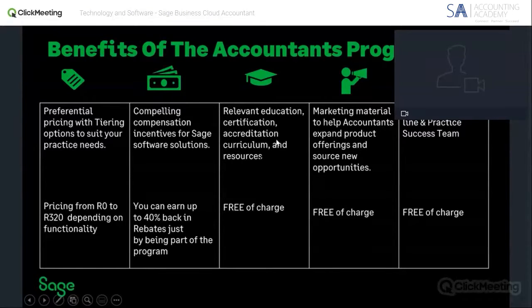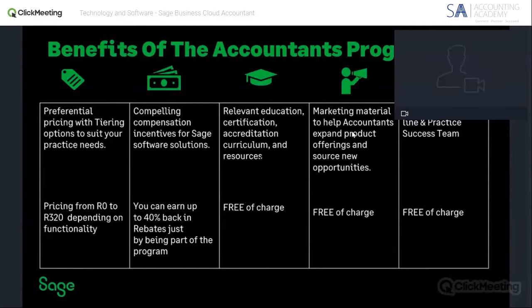Another thing that is of great benefit would be our training program. So we do have the relevant training programs for you to be able to get up and running on the software, and we give you an accreditation, a Sage advisor certificate that stipulates that you are now a qualified advisor who is able to consult on Sage Business Cloud Accounting. We help you with marketing materials as well that you can put on your website, and you can use for anything that's related to your office or any of your marketing, just to show that you are affiliated with Sage.